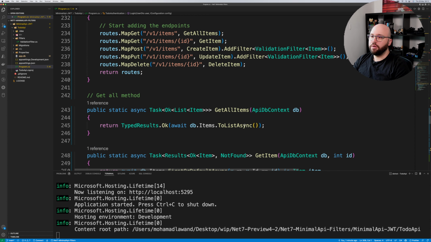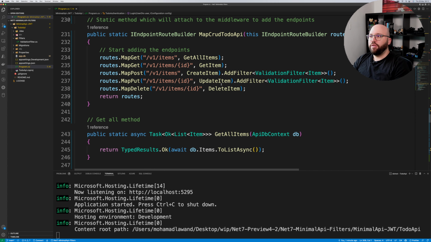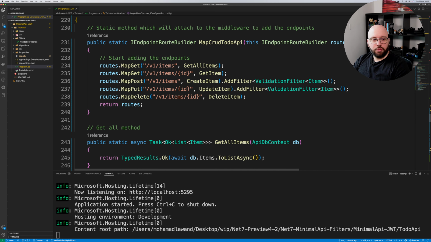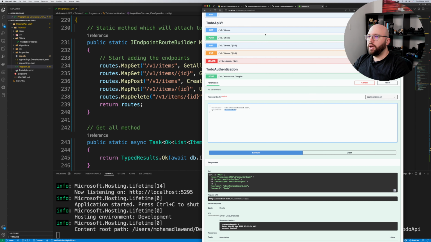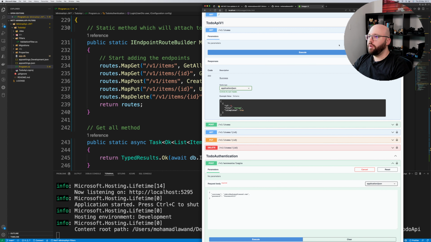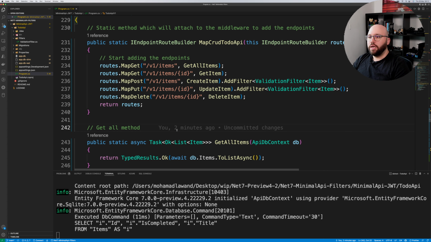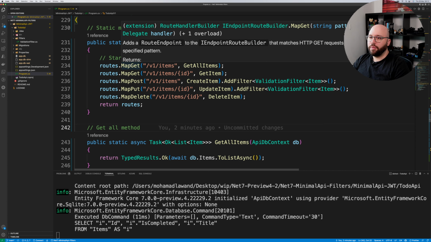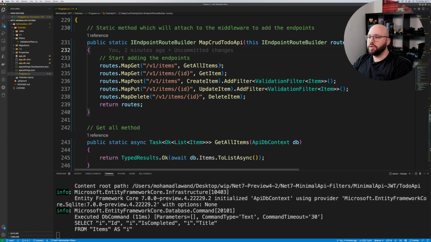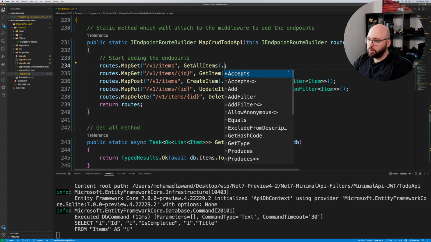So if we look here, I don't have any types of authentication, and if I go back to my web browser, I can just do any calls without even having to pass any of my tokens, because it does not ask me to be authenticated, which is not good. So how can I do that? Very simple. Because this is, as we said, a route builder, what I can do is as simple as I can hit